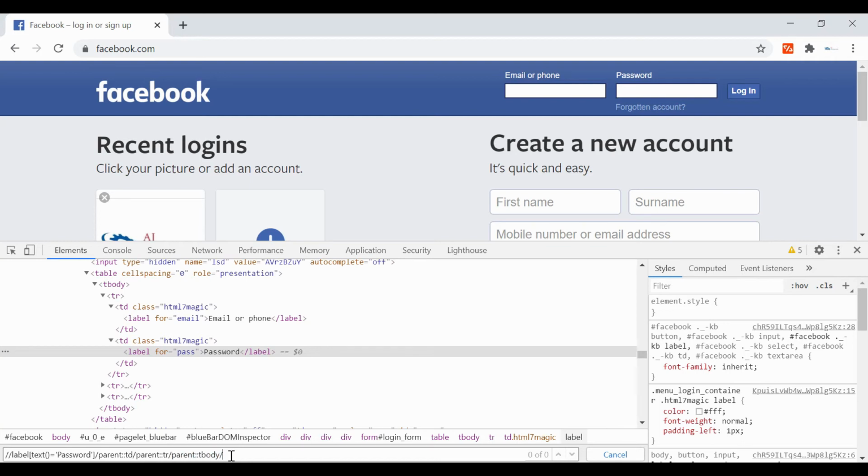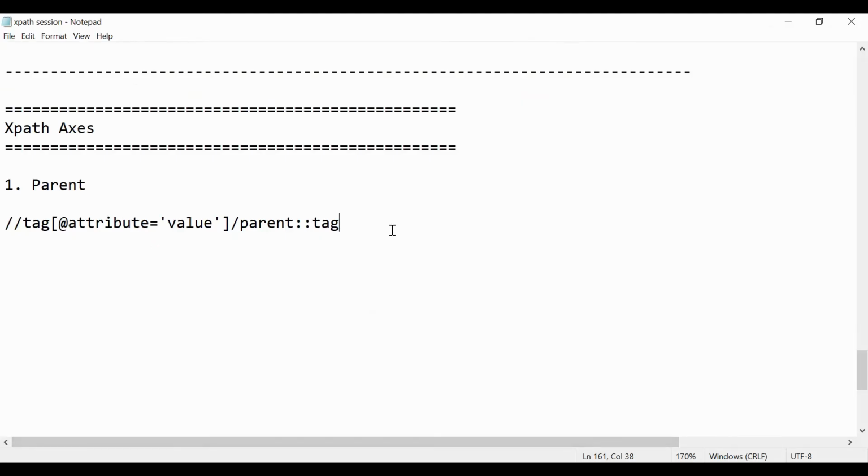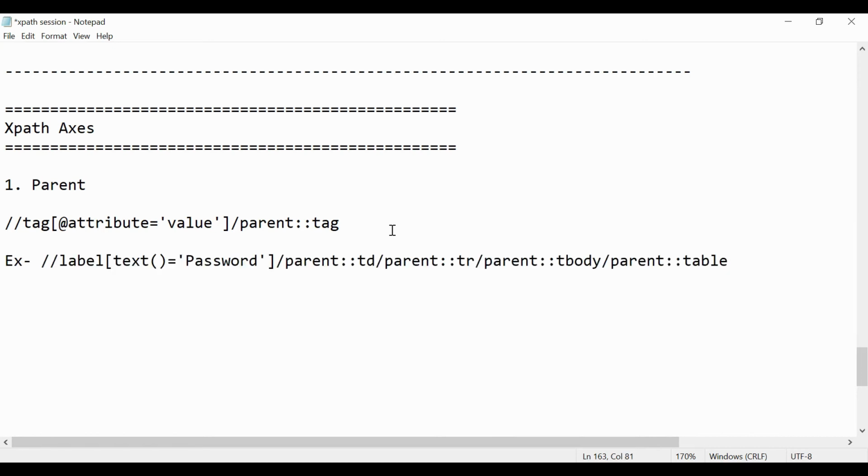Okay, so I hope it's very easy to understand now. I will just copy this example in our notes.